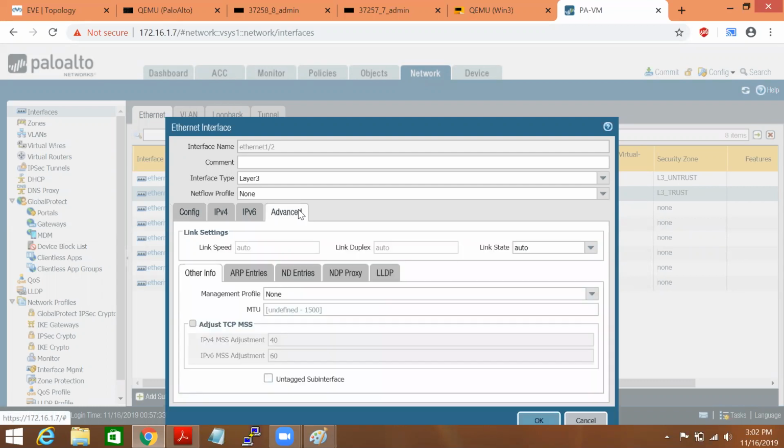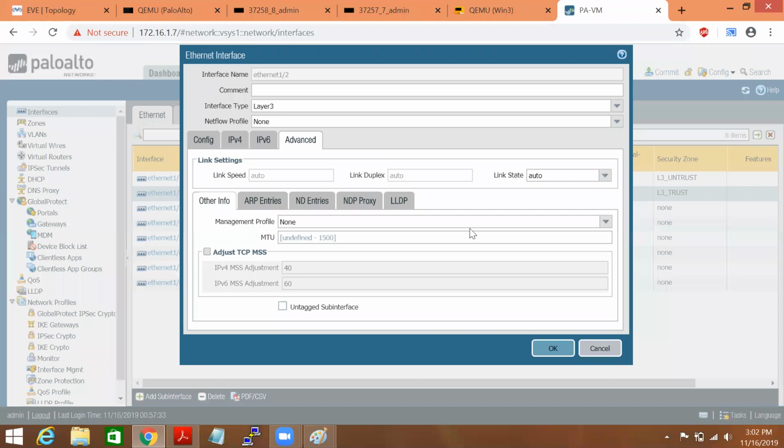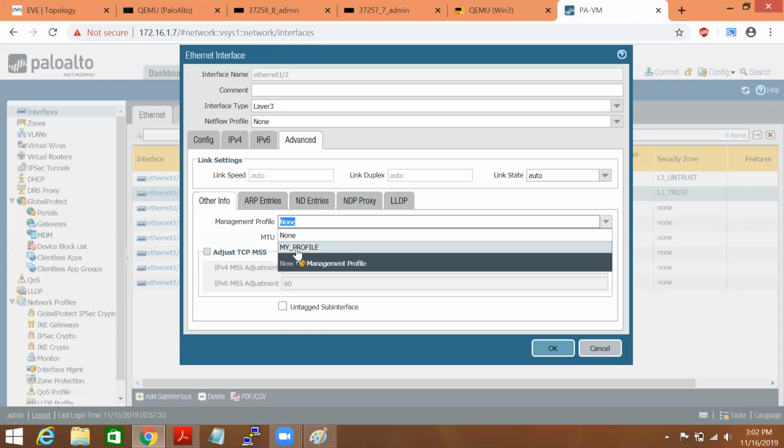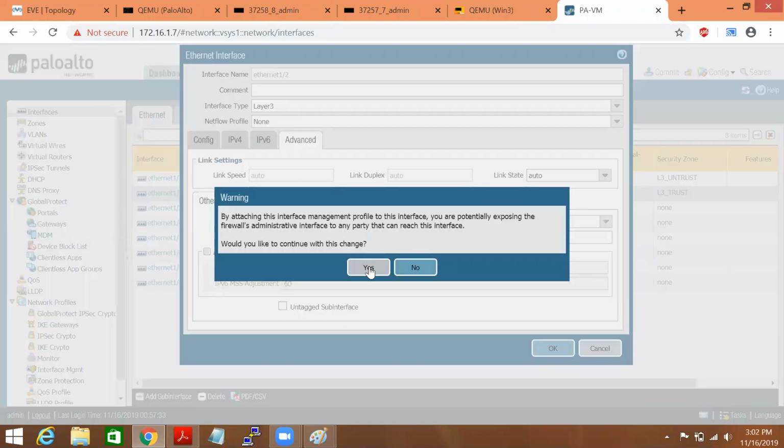So I'll click on advanced, and here you can check the management profile option is showing. Whatever profile you configured, it shows here. So you just have to select my profile and then say okay, then yes.